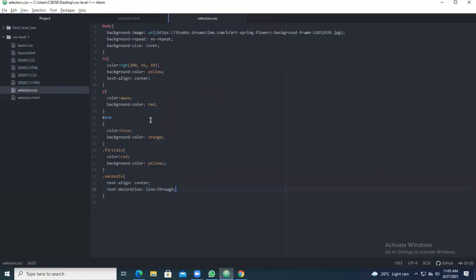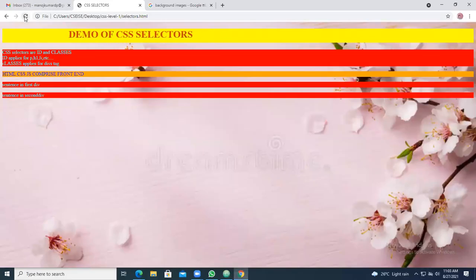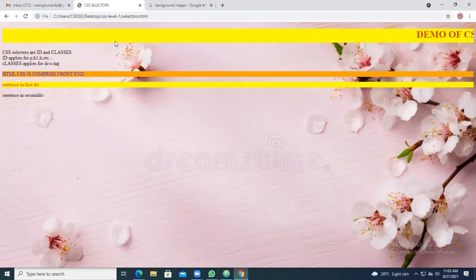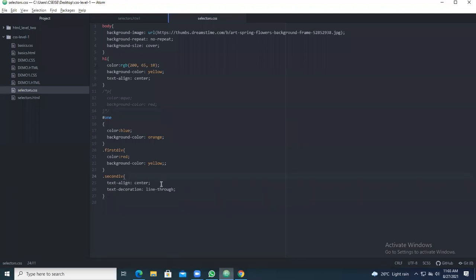See the contents of the second div. What are the contents of the second div? Here you can see, it is a statement you are having. Now let's see what happens if I remove this p tag. Make a comment for this particular p tag and let's see what happens. If you comment and run, now you see the p tag contents, everything has gone. Sentence in the first div you are getting like this, sentence in the second div nothing has been applied. So text align you have taken. So dot second div.